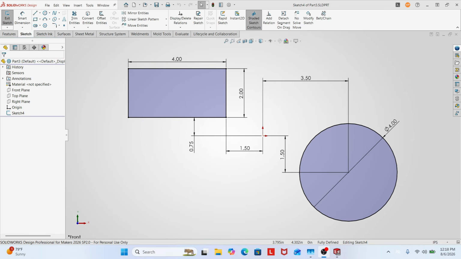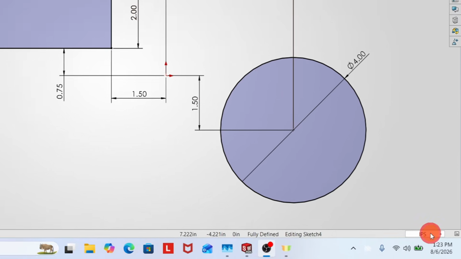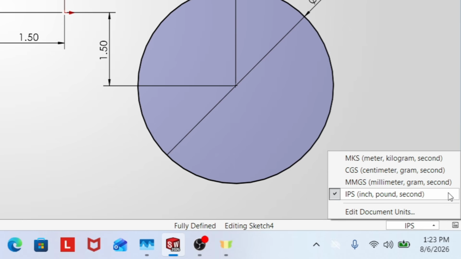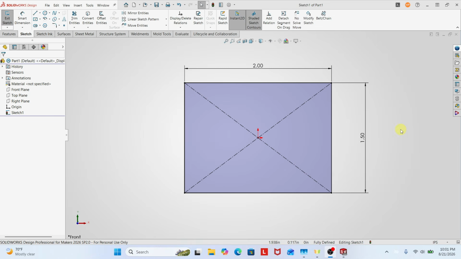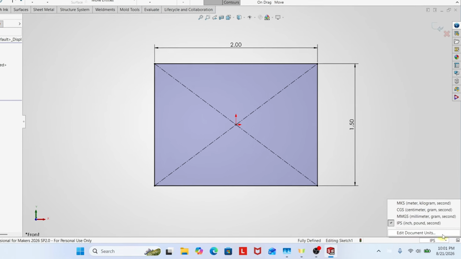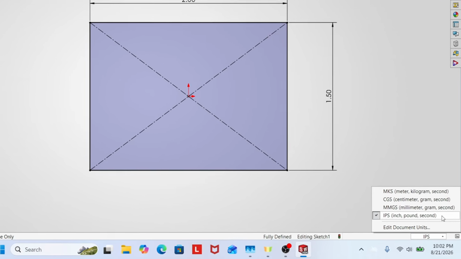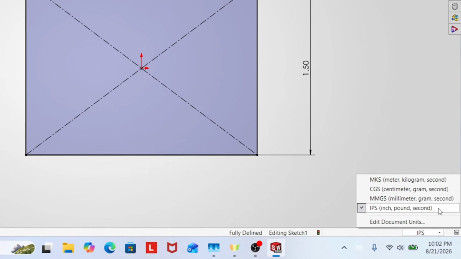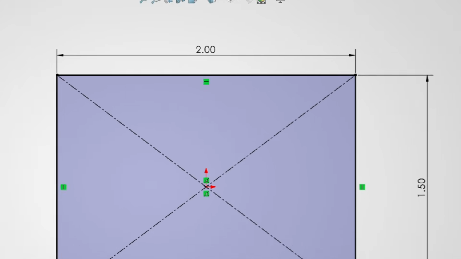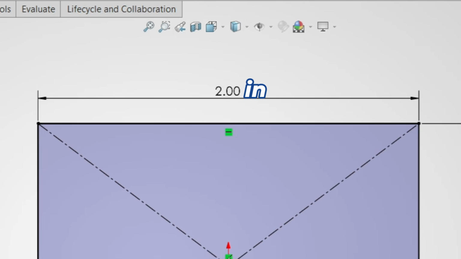Something important that I should mention is that, as I explained earlier, dimensions are expressed according to the measurement units that you set for your project down at the status bar. For this particular example, I have my units set to inches, meaning that all of the dimension values will be in inches. However, I wanted to let you know that SOLIDWORKS won't actually display the unit next to the value, meaning that it won't either show the letters IN or the 2 apostrophes to signal that the value is in